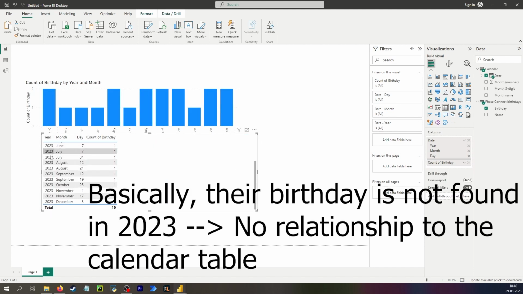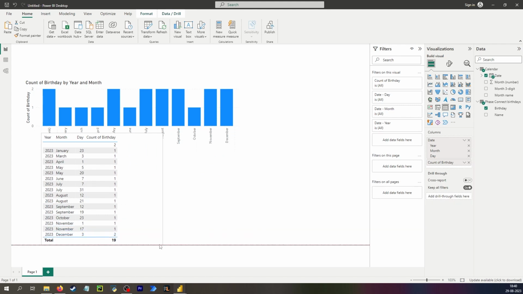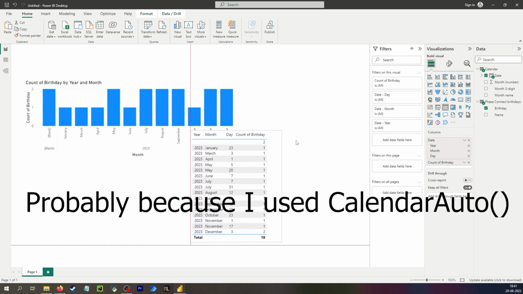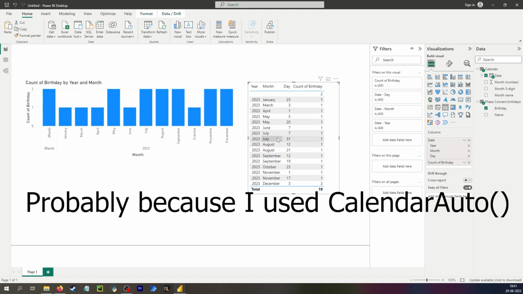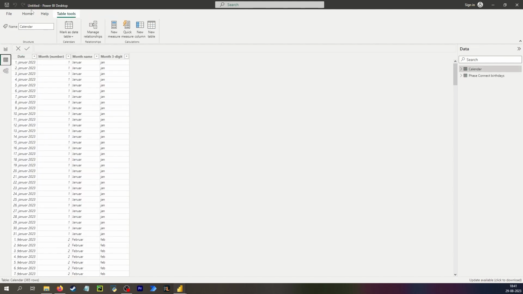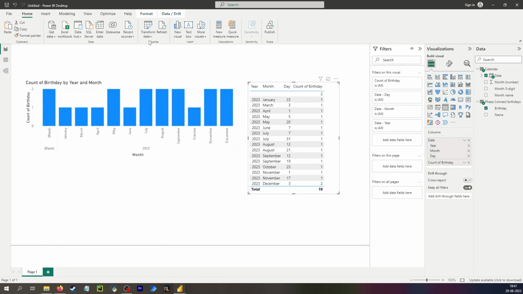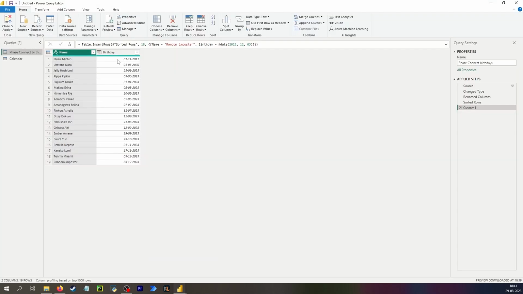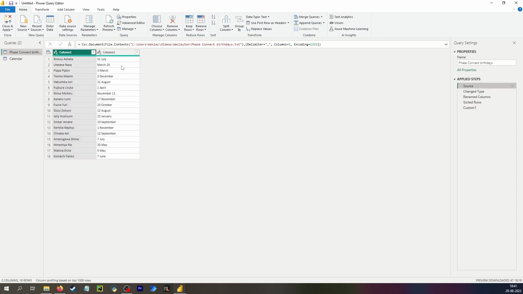Yeah, year is 2023. There are 2 that don't have a birthday for some reason. Okay, yeah, it looked different when I did it earlier, but that's fine, because if I go in and look at my Power Query model, I can see what's going on here is that this is not 2023, this is not 23, yeah, just these 2 that aren't 2023, and that has to do with something as basic as